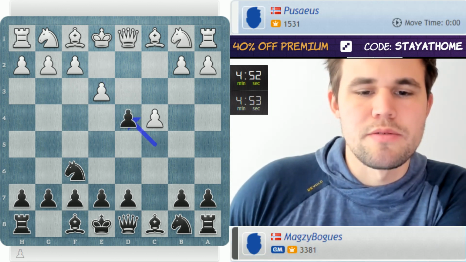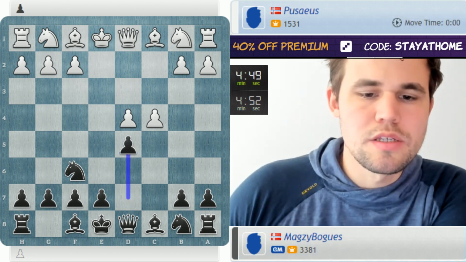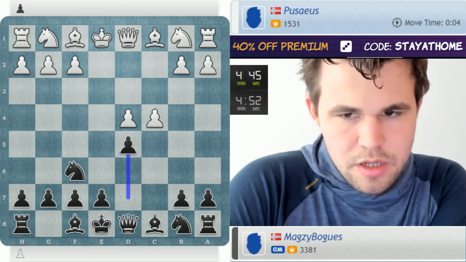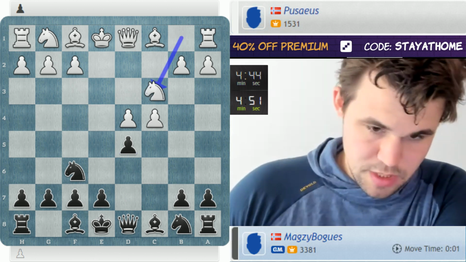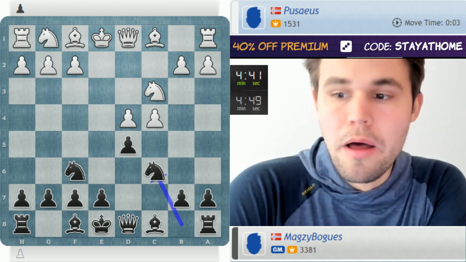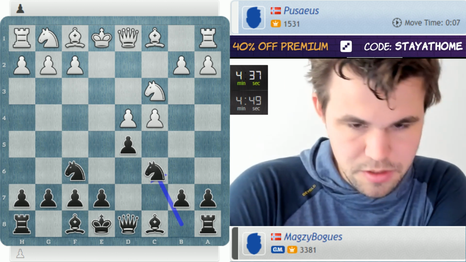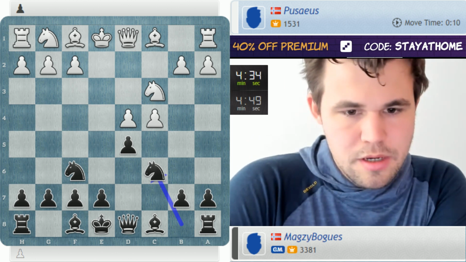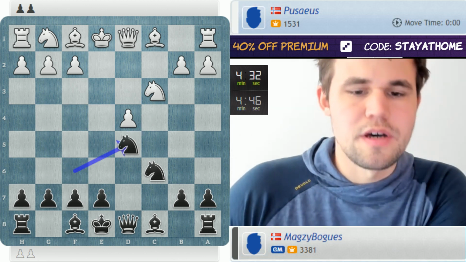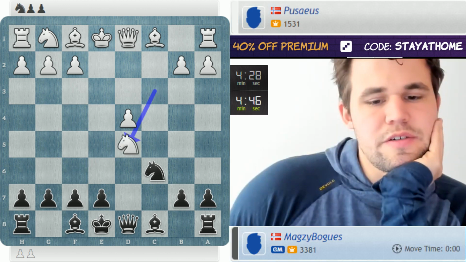I'm not allowed. e3 obviously is a very solid choice, albeit not particularly inspired. So now we transpose to the plan of attack of the Catalan, supposed to be pretty okay for Black. Yeah, c5 is probably a bit premature. Usually c5 happens after